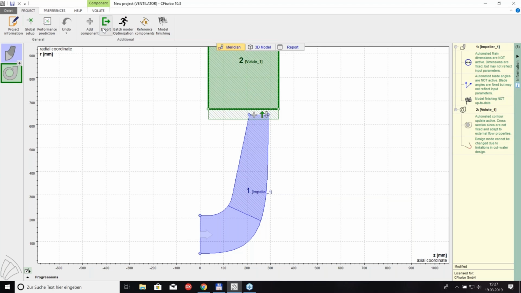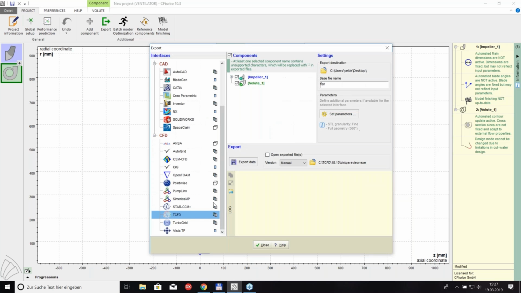Okay, and once I have done that, I should be able to run the TCFD export, and it looks very good because everything is green. I have given it a name, I have given it a destination. I could start the export here. I even could start firing up TCFD from CFturbo, but that's something I don't want to do because that's Radek's